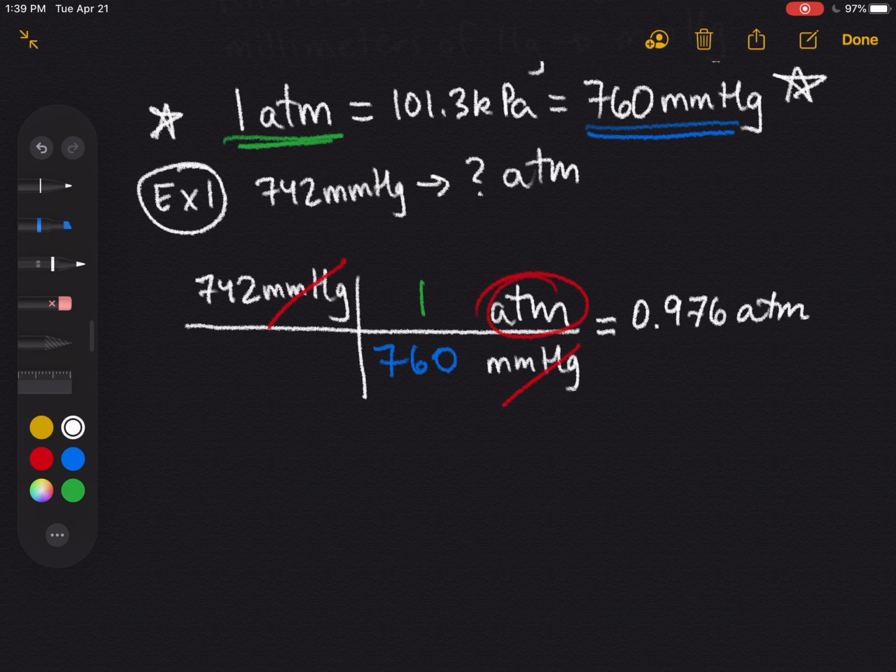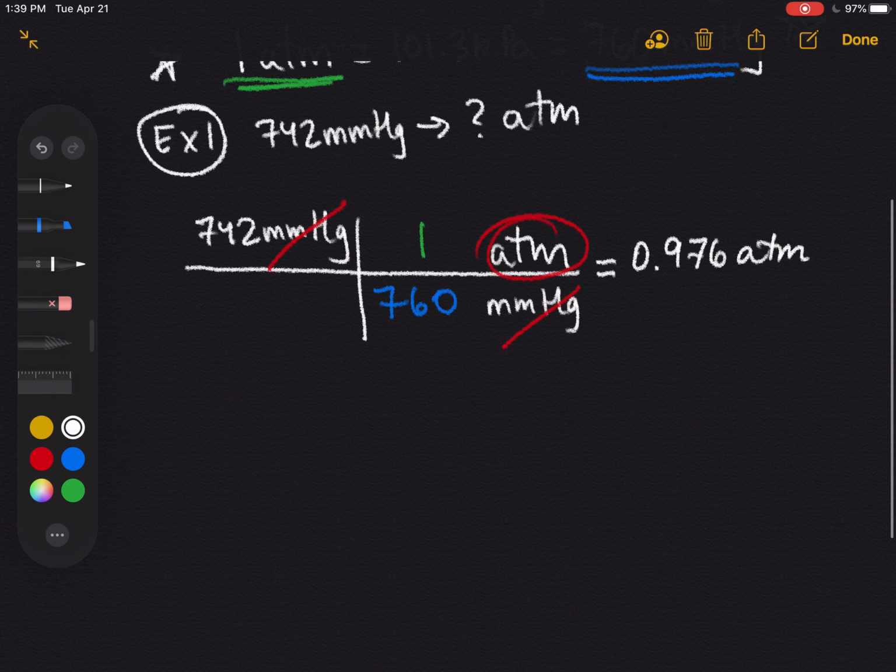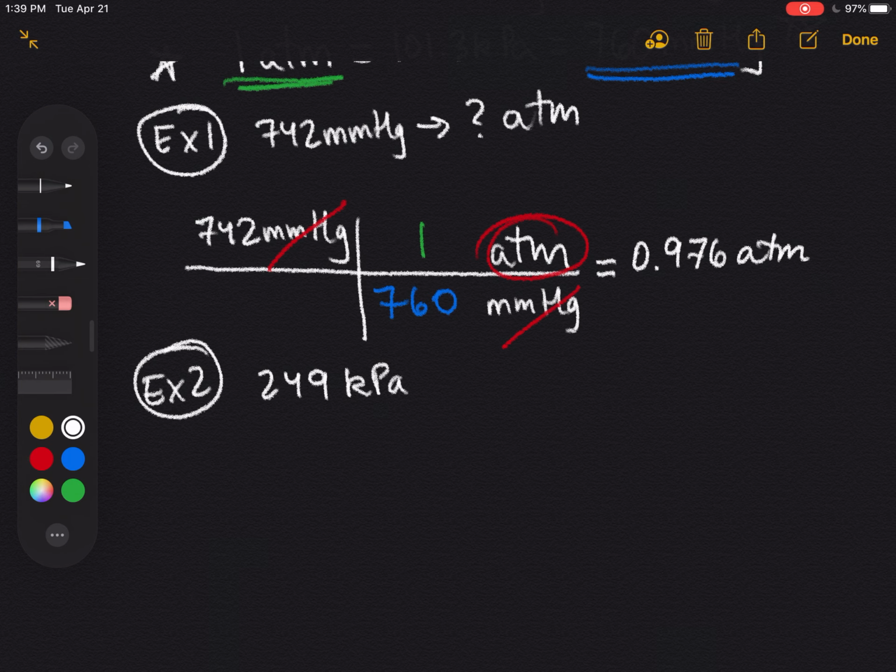Okay, I'm going to work a second example now. This time, I'm going to start with kilopascals. So I have 249 kilopascals. And let's say I want to know how many millimeters of mercury that is. Well, 249